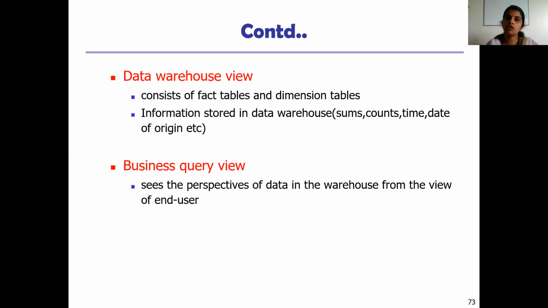Now the third thing which we need to consider is the data warehouse view, in which all the data can be put. How do I define the data? On what dimension do I define the data? On what fact do I connect the dimension? So that comes under the data warehouse view. And the fourth thing is, how does the end user view the system? So from all these four perspectives, we have to think and then build the data warehouse. Correct?